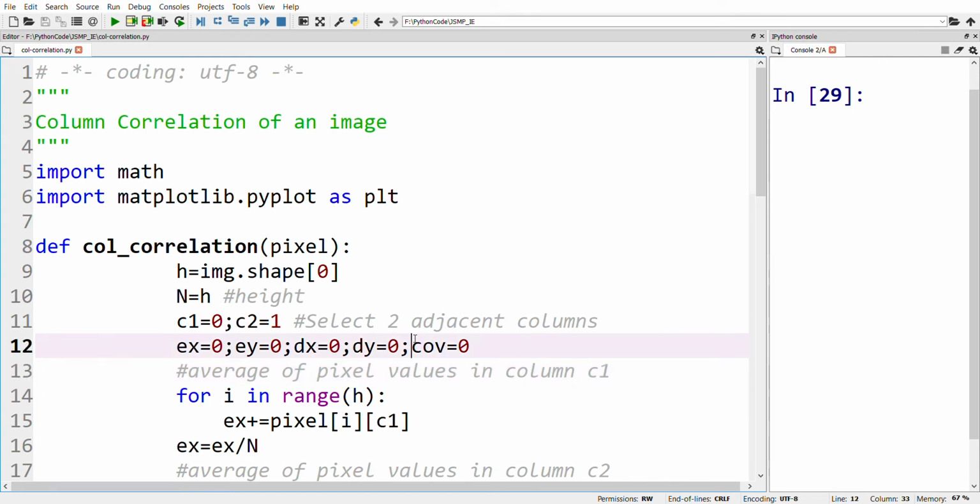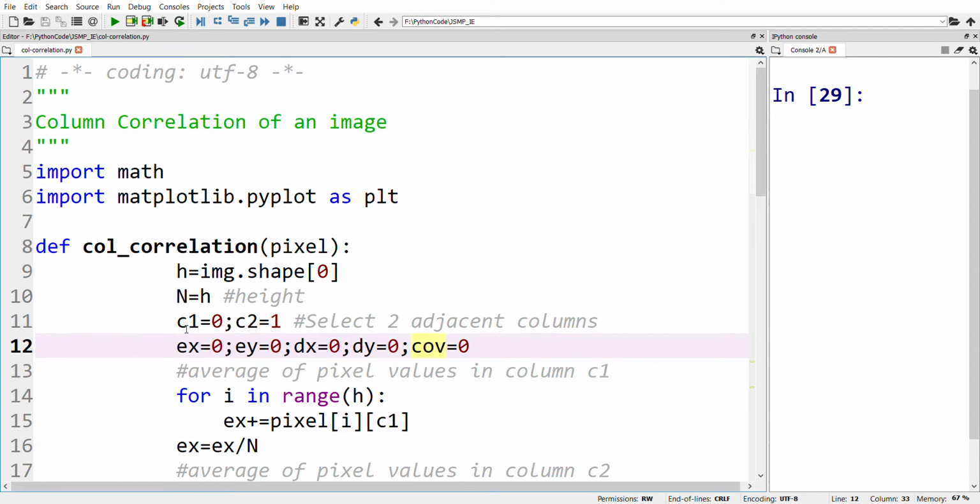If you recall the previous video, we have four formulae to find the correlation. The first formula is to find the average of the pixel values of a given column. Before that, please keep in mind that we have to select two adjacent columns.